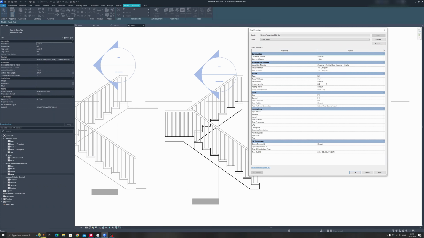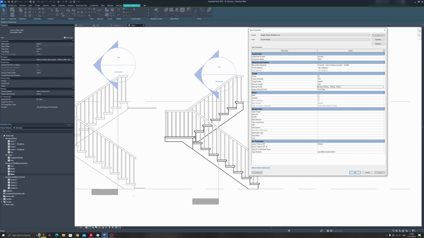So to demonstrate this, I'll just type in 50 over here, 50 millimeters, and you can see that the tread has this part sticking out over here. That's the nosing length over here. And the nosing profile is set to default. You can set it to radius, for example, and it will have a